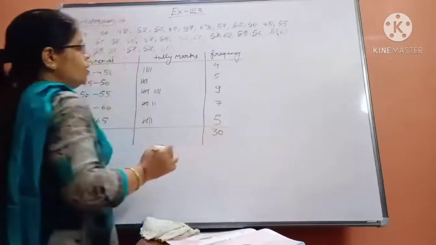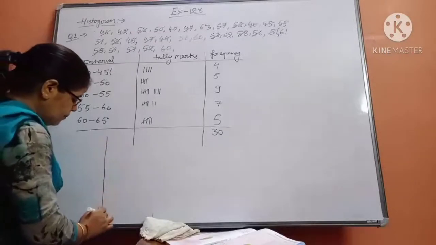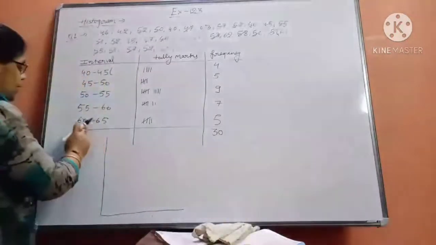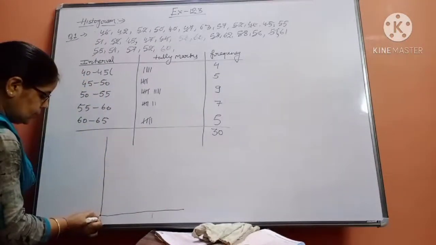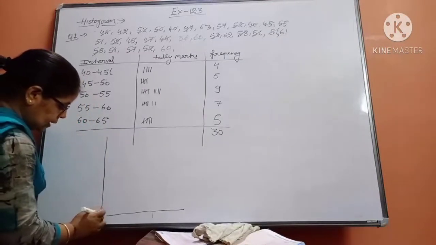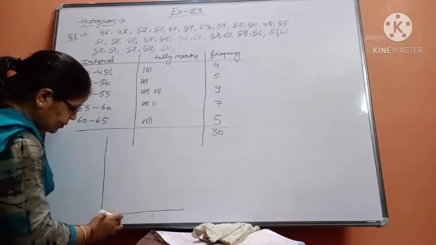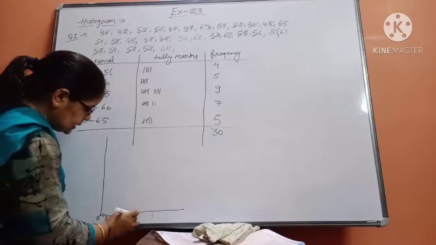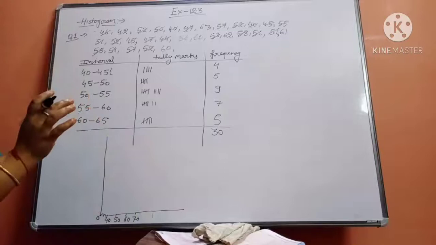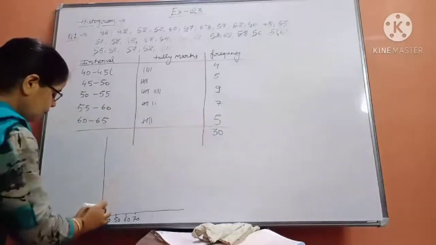Now you have to make a histogram for this information. So how you will make, beta? I am making here. So you just see. You directly making here 0 will be there, and your interval is starting from 40. So you just make one zigzag here. Okay, and write 40 first interval, then 50, then 60, 70. Okay, enough is there. Afterwards, what will be? How many? So write only, make a gap of 5.